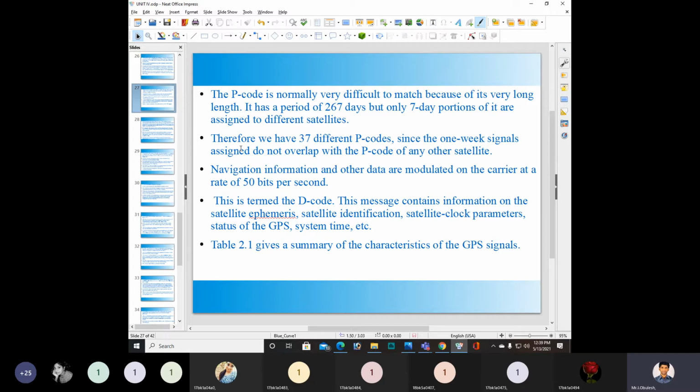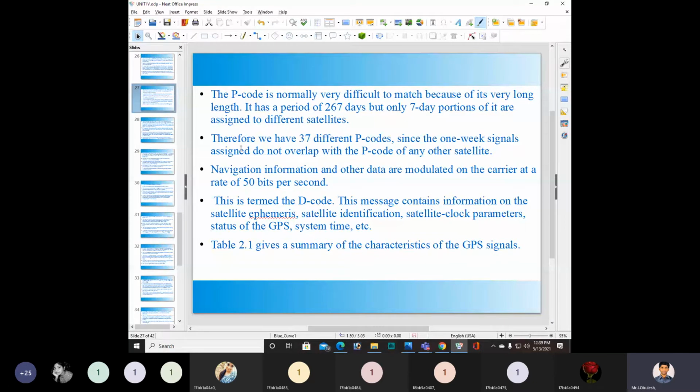This message contains information on the satellite entities: satellite identification, satellite clock parameters, status of the GPS, system time, and so on. So that message contains all this information.